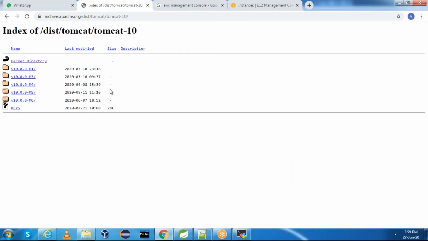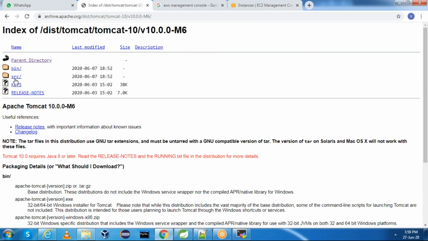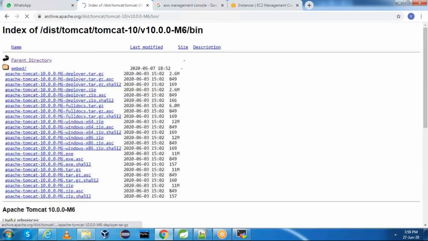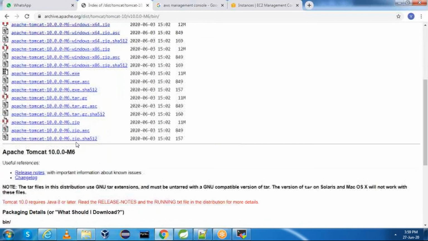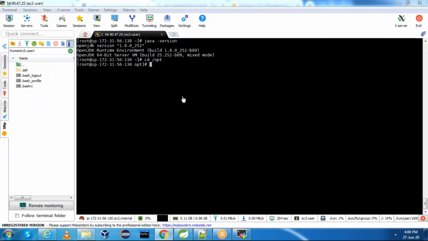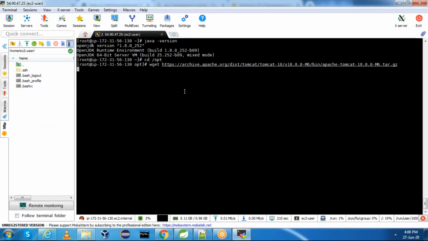Click on Tomcat 10, and the latest version is 10.0.0-M6. You can select this, and you need bin. Click on bin, and from here look for tar.gz. This is the one, apache-tomcat-10.0.0-M6.tar.gz. Right click, copy link address, and say wget this one.